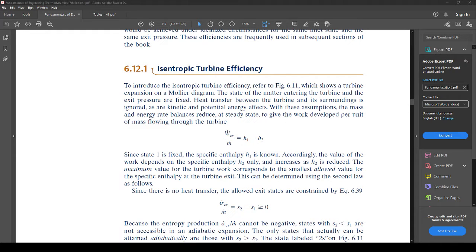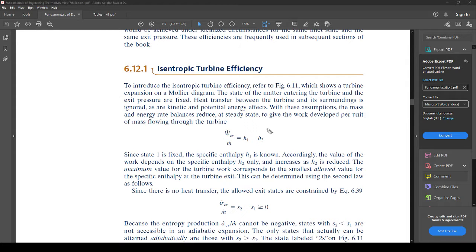Pretty straightforward. And then it says, since state 1 is fixed, the specific enthalpy H1 is known. Accordingly, the value of work depends on the specific enthalpy H2 only, and increases as H2 is reduced. So essentially, think about it this way: the further apart these two values are, the greater this number is, and therefore the greater the work is. And the reason why that works, no pun intended,